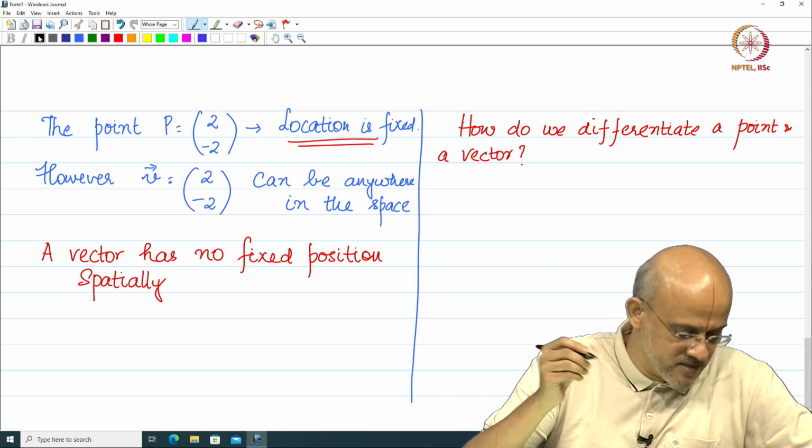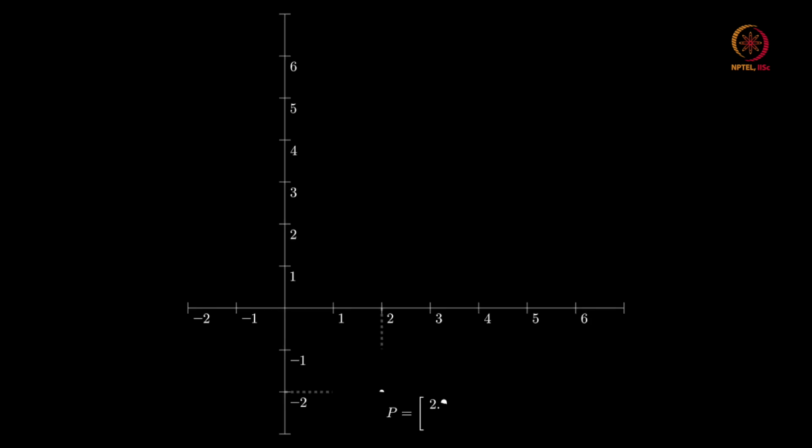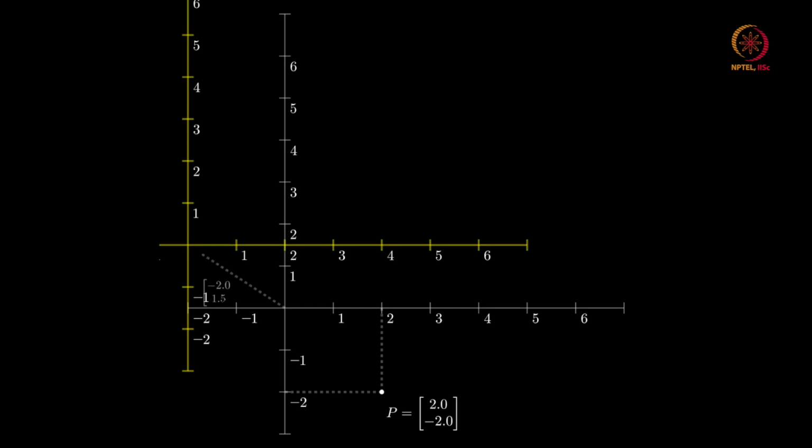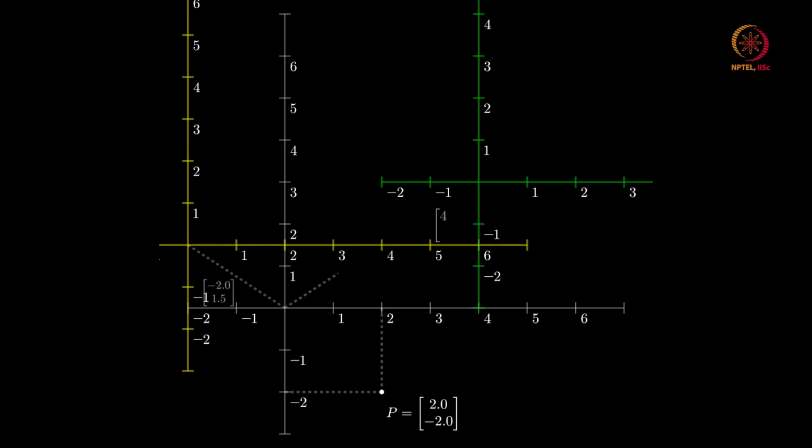We are going to say that points describe locations and are coordinate dependent. This point has to be driven home because typically when we say a point, we make a very